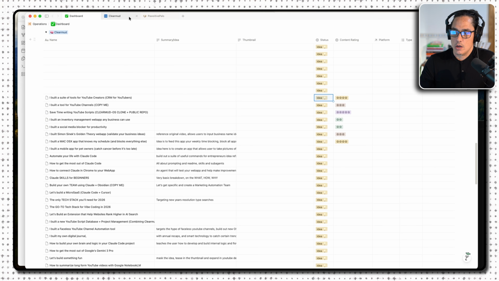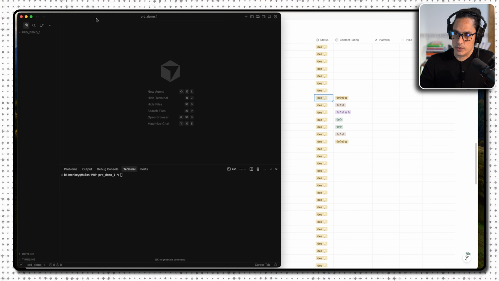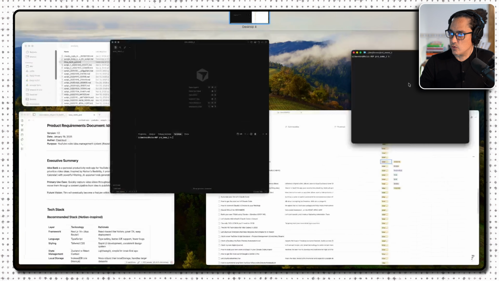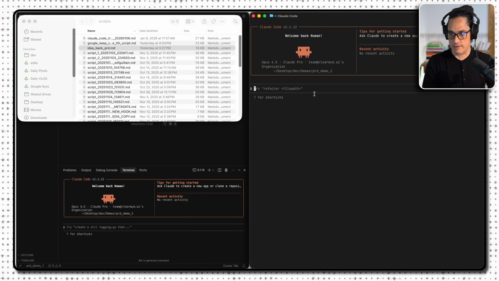So in one instance, I want to have Cursor open, okay? And then the other instance, we're just gonna have the terminal open. So let's prep the PRD side first. I want to build the following. Please let me know if you have any questions. Let's first init this project directory with bun. Please reference this PRD and